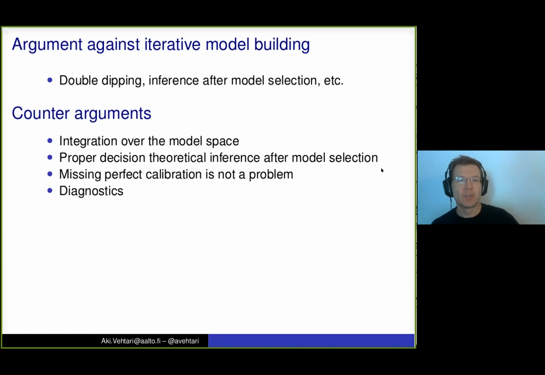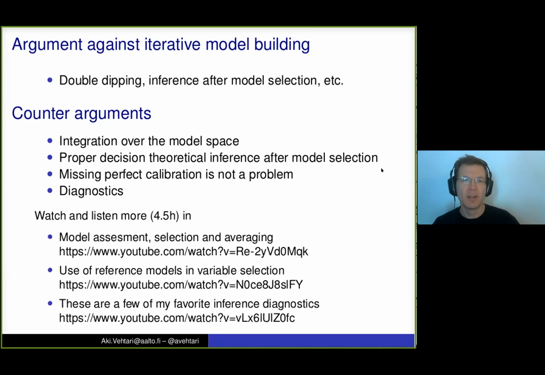But of course, how do we know then whether we have negligible additional bias? It's diagnostics. So we already have some diagnostics for this, and we are developing more so that we can see when this kind of building many models is safe and when we need to be more careful. And then there are additional videos discussing some of these aspects.